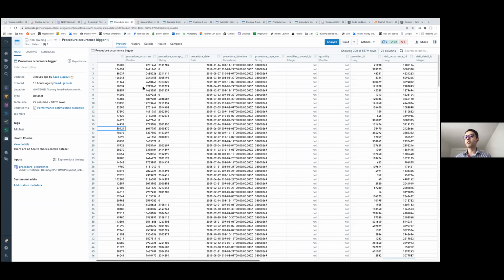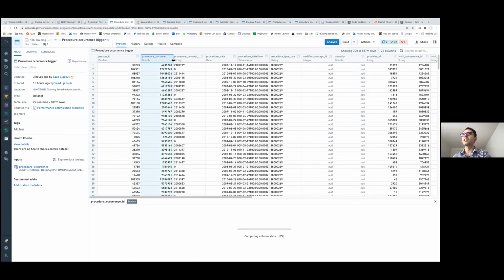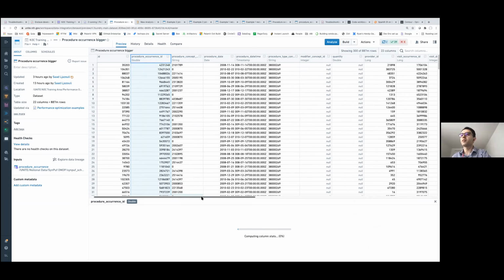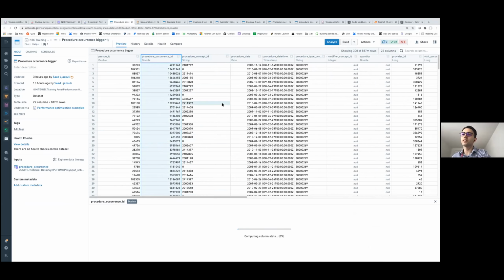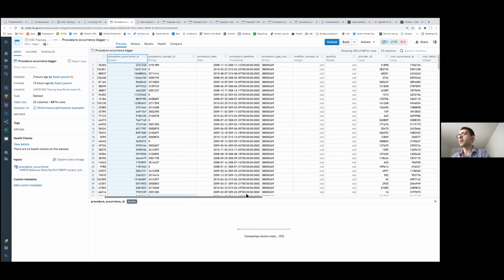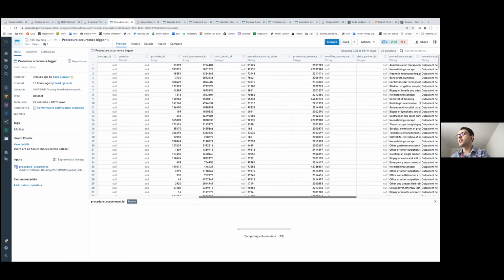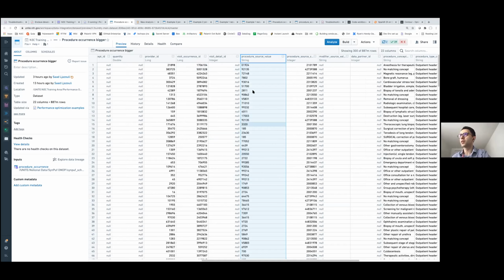This is only possible, obviously, when changing the type of your column doesn't change the meaning of the data or doesn't change the results. So things like person ID and procedure occurrence ID, where they're stored as double, we can probably cast them as integers and not lose the meaning of the data, and the results of our analysis will not change. We will definitely gain in speed by casting these values. Other examples here are procedure source value, which are essentially numerical values, integers, and they're stored as strings.